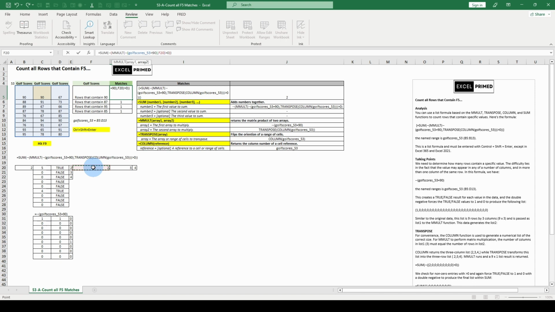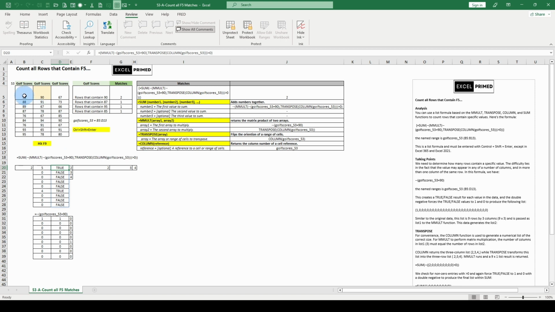So go down here, and I broke this down, our little map here. Here's the first part of this. Here is the columns golf score. Columns 2, 3, 4. Not a big deal. Then we're going to transpose those. Why? Because that's the only way MMULT will work. We're going to transpose. We're going to take MMULT. Golf scores. Here are our golf scores right here. Because we're using this unary, we're just